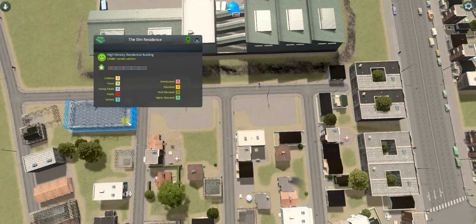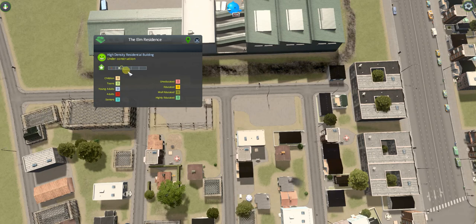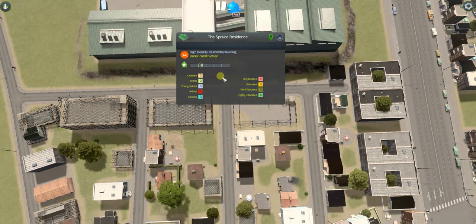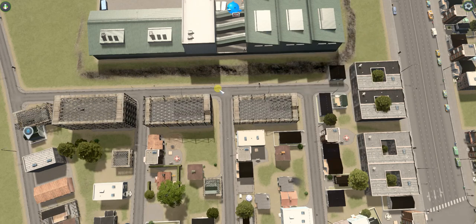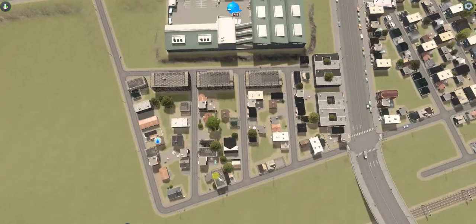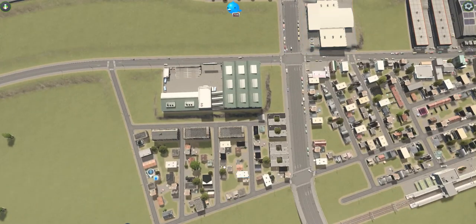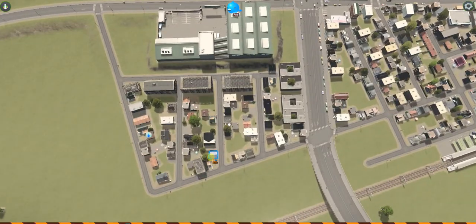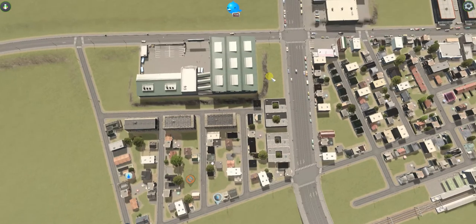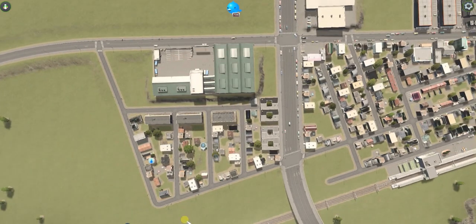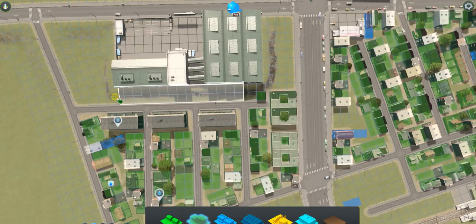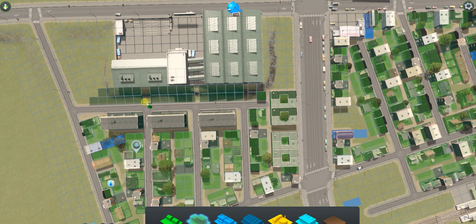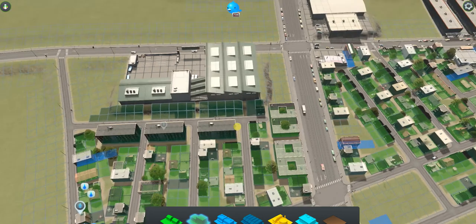And they will have to be brought up to level 2 manually, because they're a level 2 building, and in a level 1 district they will disappear. So we'll just let that grow a little bit. Get rid of that. And probably some high density along here as well. You don't really want low density housing next to a great big recycling